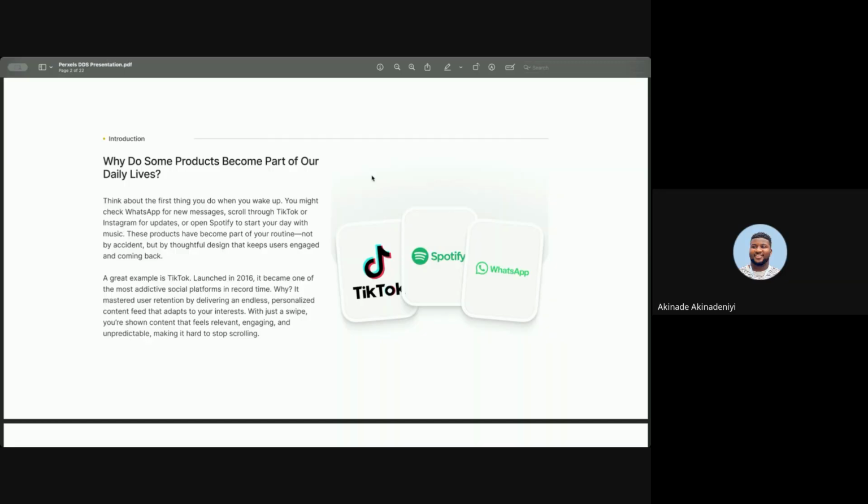We live in a digital world, and a lot of people live their lives out there on the internet. We have our phones with us. We have several apps that are very dear to us, and some of these applications have become so useful to us that we actually use them to carry out activities.